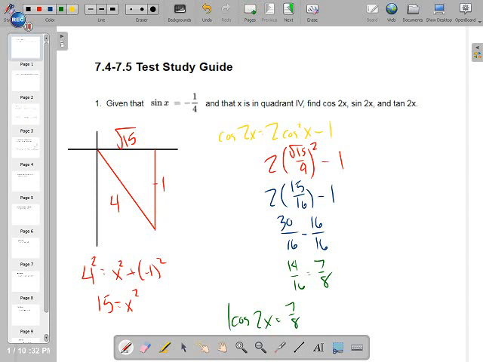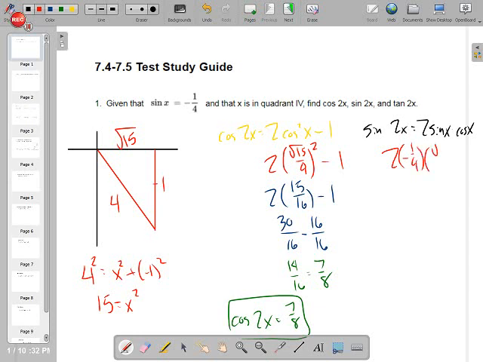I need to do the same thing with sine, so let's do the same thing with sine. The sine of 2x is 2 times the sine of x times the cosine of x. Also an identity that you should know. You're going to get the formulas on the test, but you need to recognize that those are things that you need to be able to evaluate. Very similar, 2 times the sine. They actually gave you the sine, but again, it's opposite over hypotenuse, times the cosine, adjacent over hypotenuse, radical 15